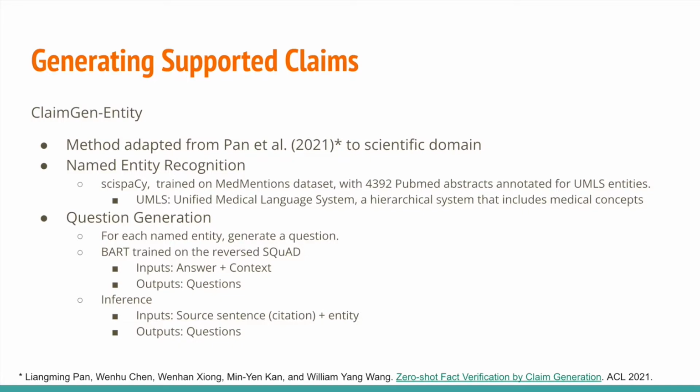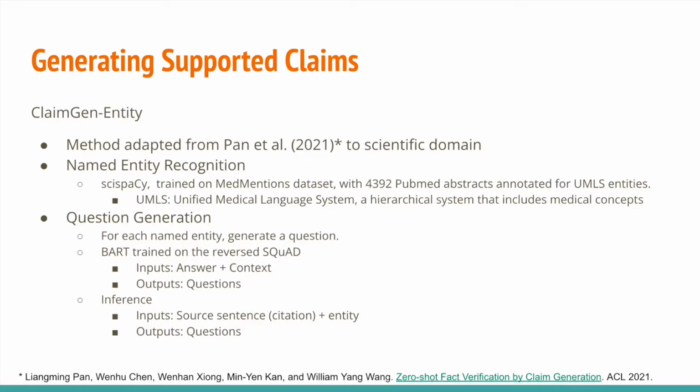After obtaining the named entities, they use them to generate questions. For each named entity, they use BART to generate the questions. The BART is trained on the SQuAD dataset, the Stanford Question Answering Dataset, but in a novel way.